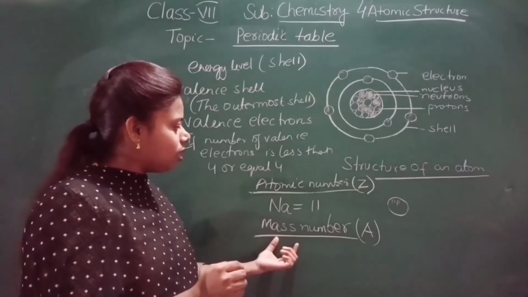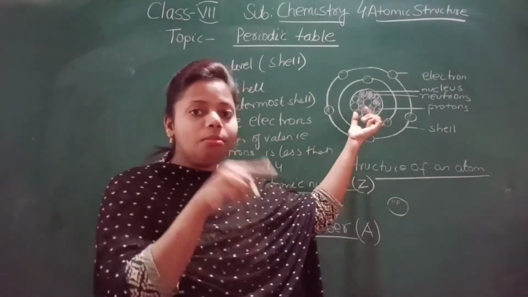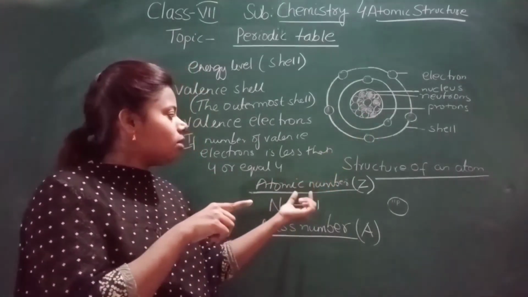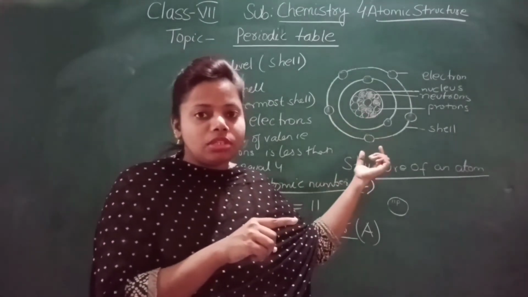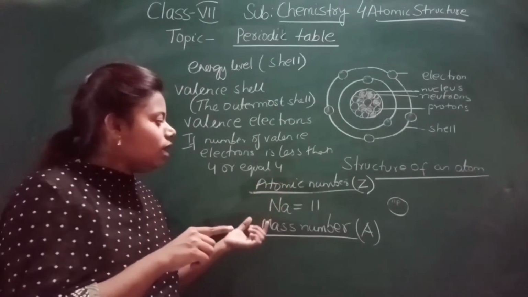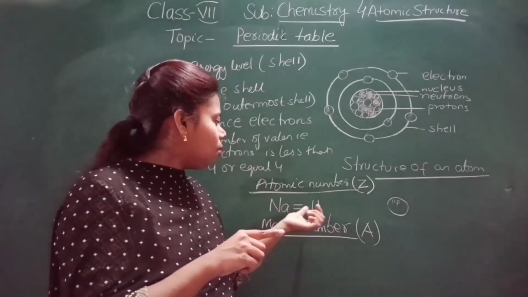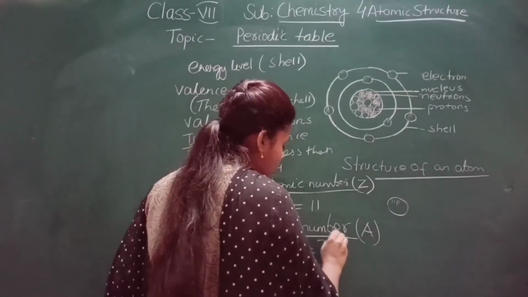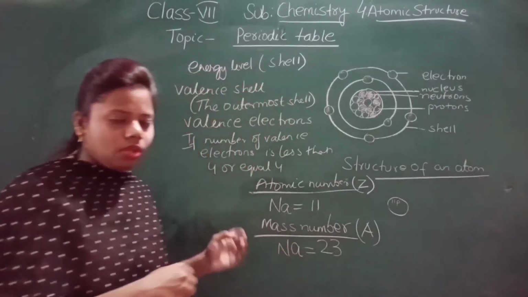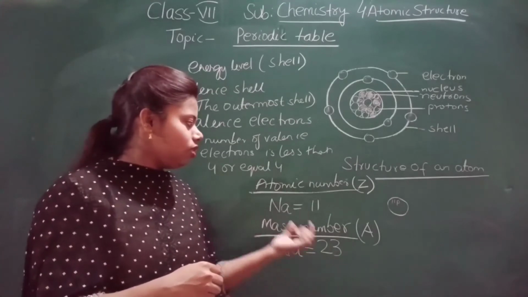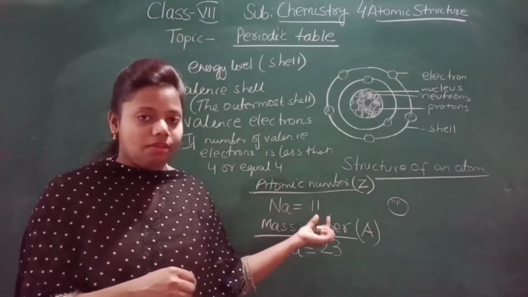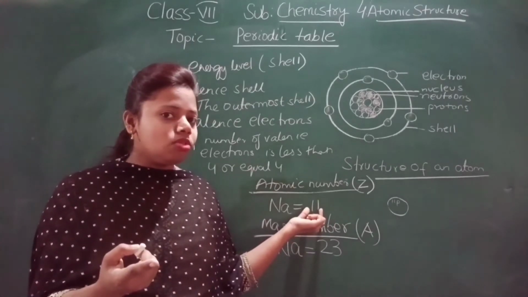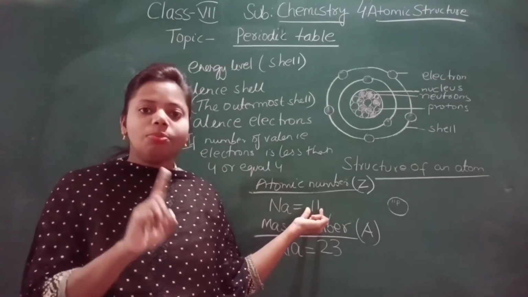Okay, mass number is what? The total number of protons and neutrons present in the nucleus of an atom. And atomic number is what? The number of protons present in the nucleus of an atom of an element. So the atomic number of sodium is 11 and the mass number of sodium is 23. By atomic number we can say the number of protons is 11, and we know that protons